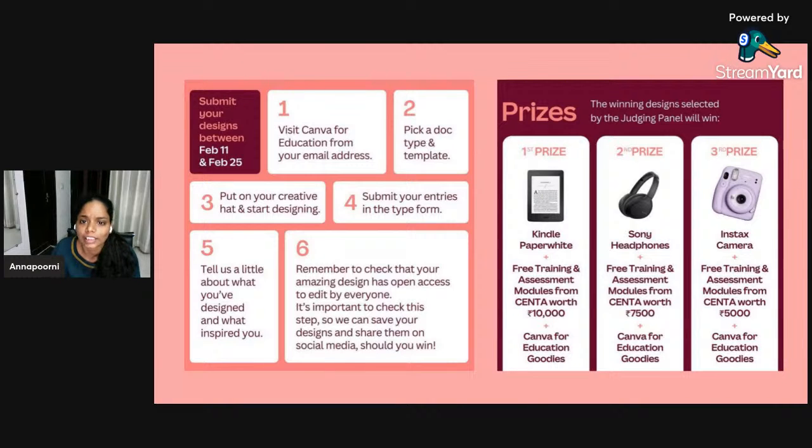I know that all the teachers and all the students have done a lot of creativity in the last 2 years, especially with things going virtual, doing things on WhatsApp, on Zoom, on Google Classroom. We've done a lot of creativity to make learning happen and make learning fun for our students. And keeping that perspective in mind, we want to recognize and celebrate this creativity. And we want all the teachers to send us what they have created around creativity in the classroom on Canva. Send us your link, and you can see that we have very exciting prizes, which is completely open for anyone to be able to register. Canva is free.